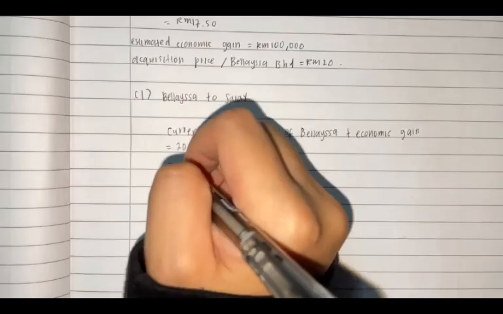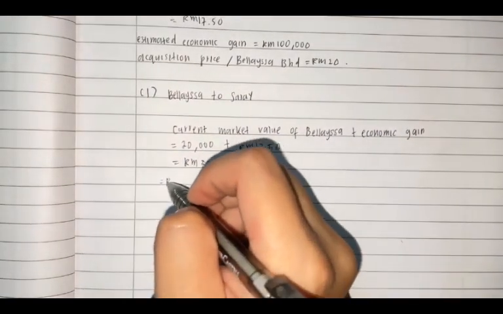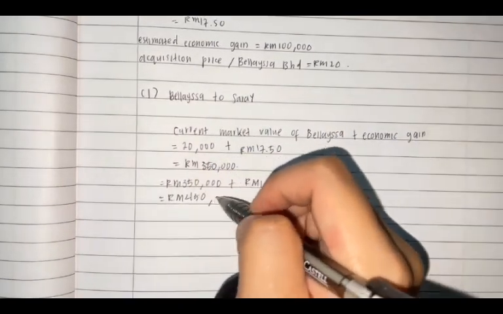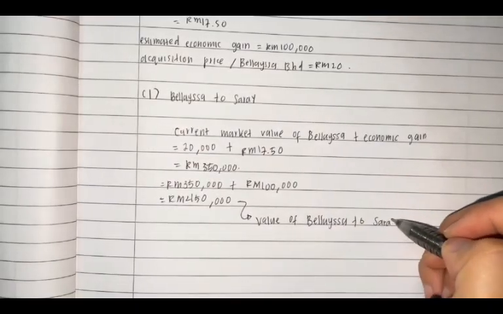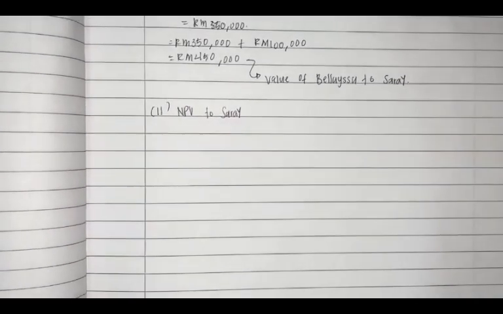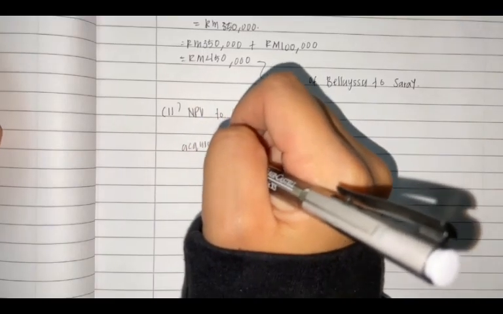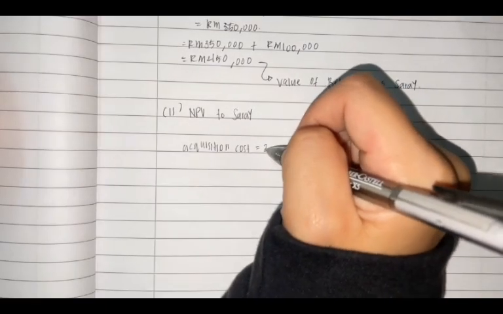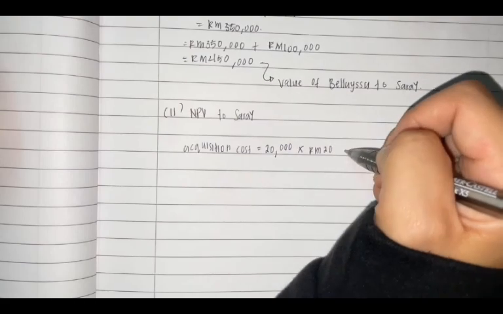Adding the economic gain, which is 100,000 ringgit, the total value of Balai Saberhad to Serai Corporation is 350,000 plus 100,000, which is equal to 450,000 ringgit. Next, the acquisition cost of Balai Saberhad is calculated by multiplying its outstanding shares, which is 20,000, by the acquisition price per share, which is 20 ringgit. Thus, 20,000 multiplied by 20 ringgit is equal to